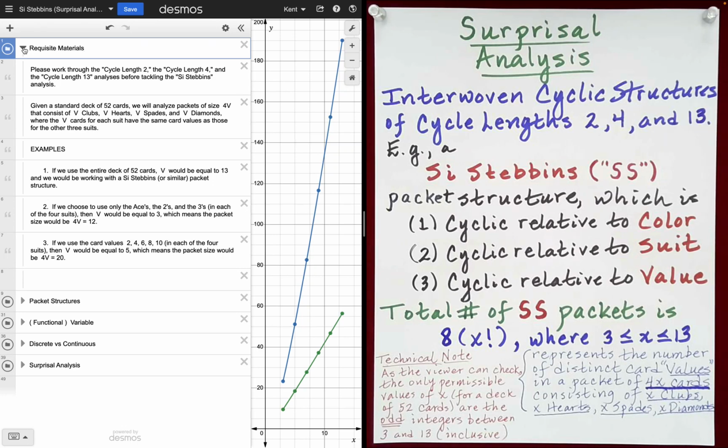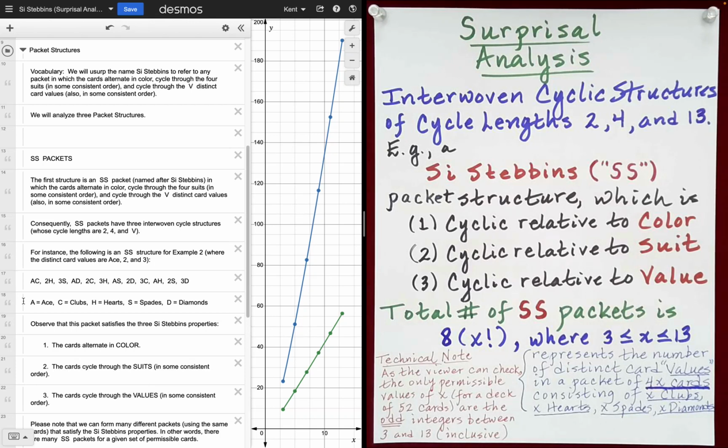3. If we use the card values 2, 4, 6, 8, and 10 in each of the 4 suits, then V would be equal to 5, which means the packet size would be 4 times V, which is equal to 20. Vocabulary. We will usurp the name Si Stebbins to refer to any packet in which the cards